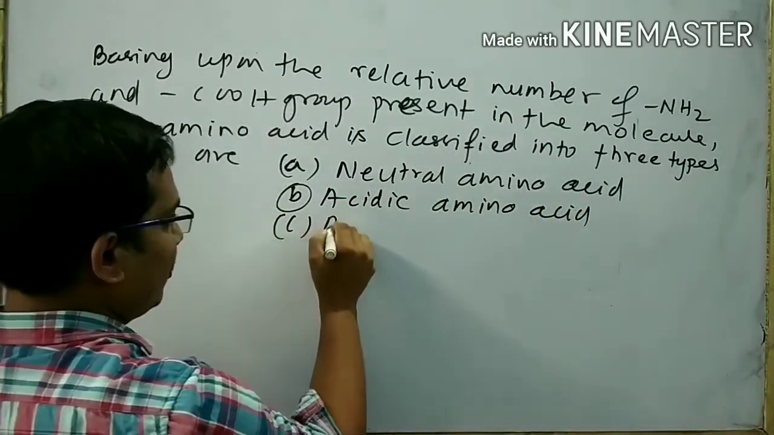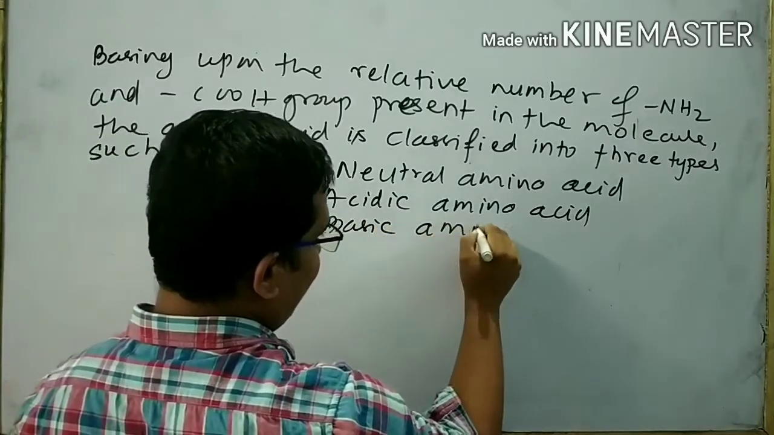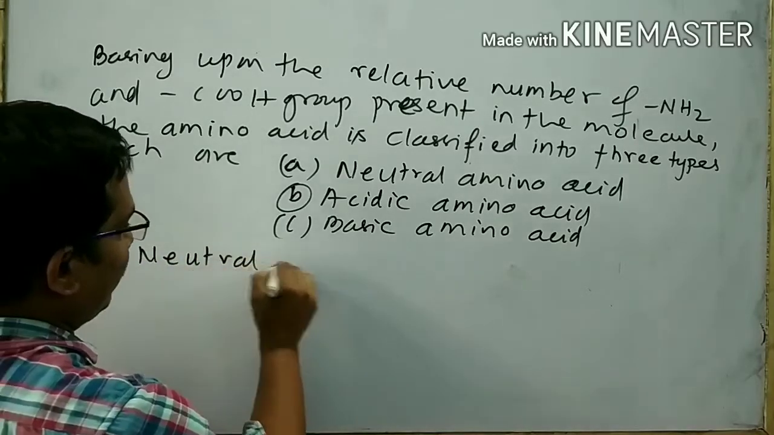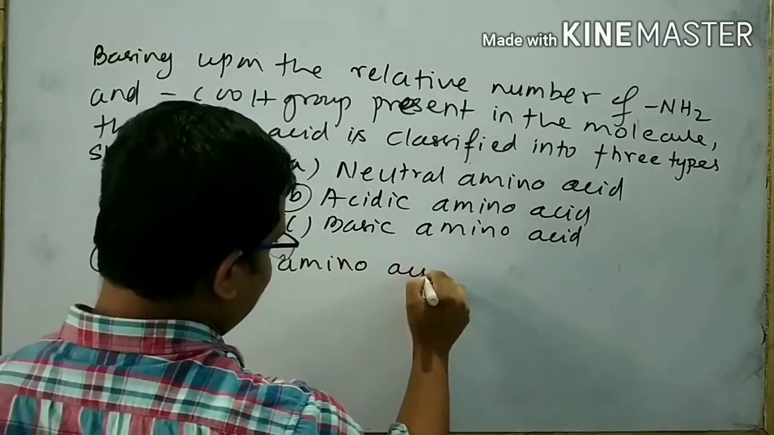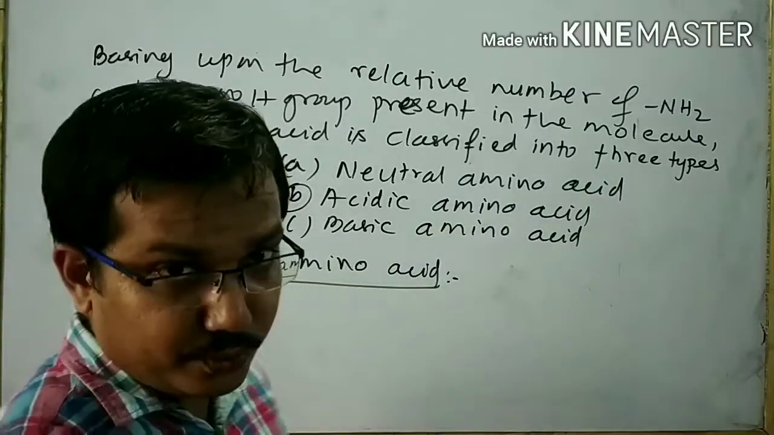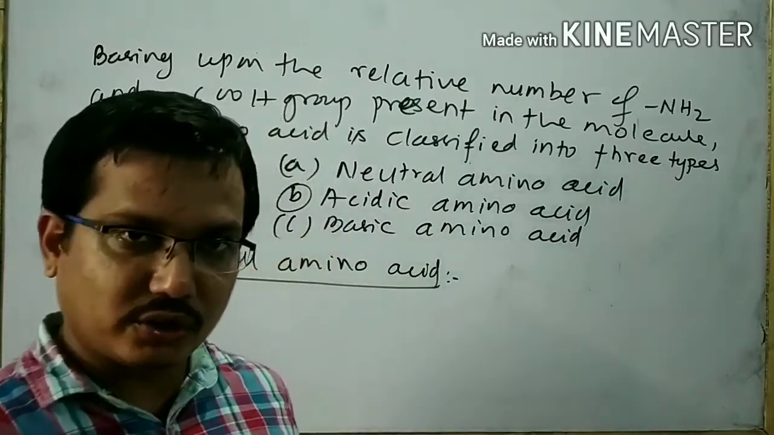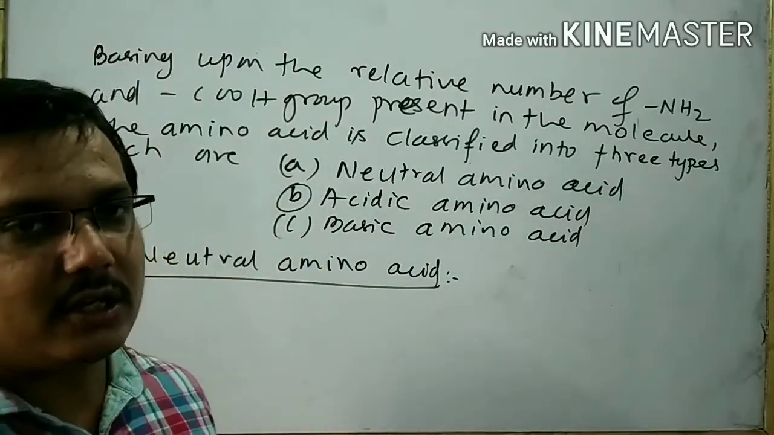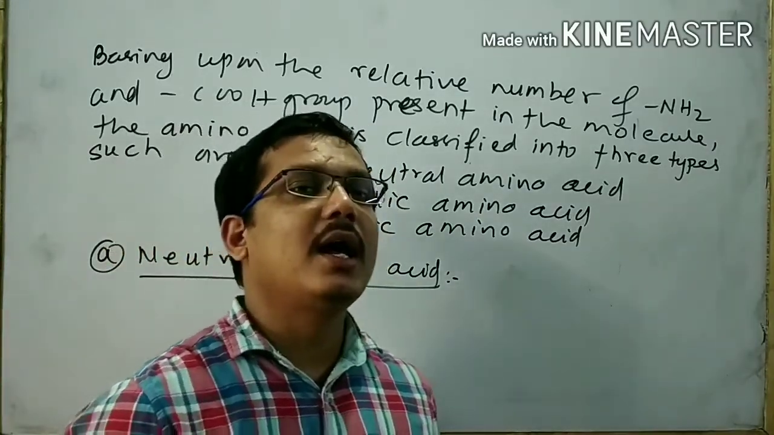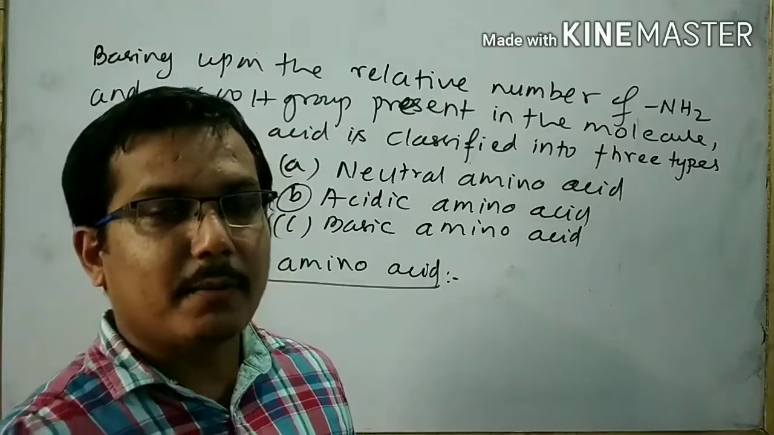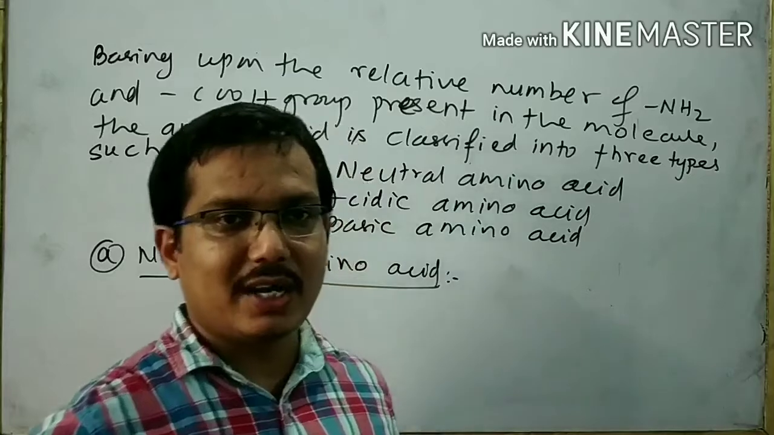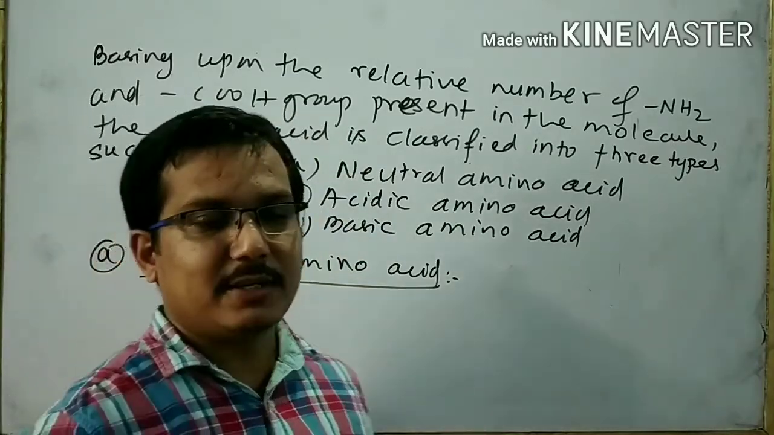Number three is your basic amino acid. At first, I will discuss the neutral amino acid. In neutral amino acid, the number of NH2 groups is equal to the number of COOH groups. As a result, the basic strength given by the NH2 group is equal to the acidic strength given by the COOH group. That's why the molecule is considered neutral, and